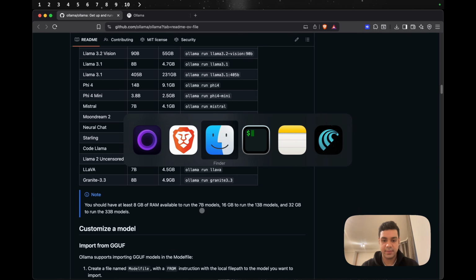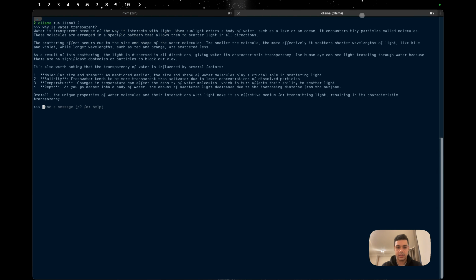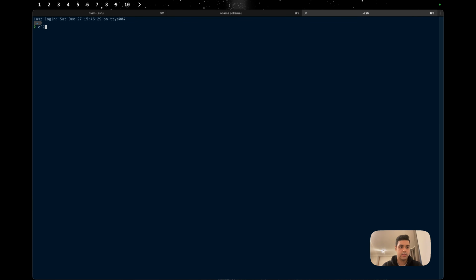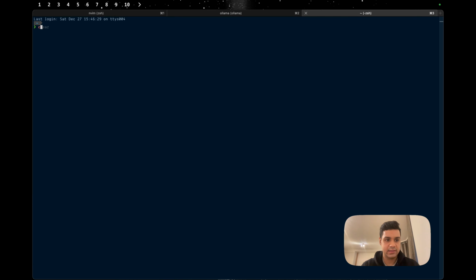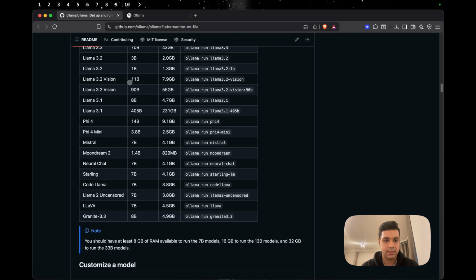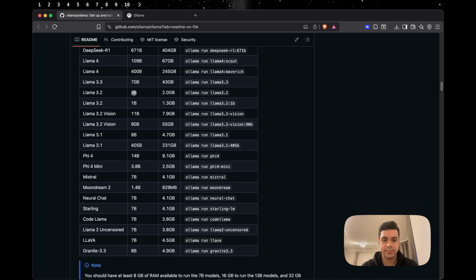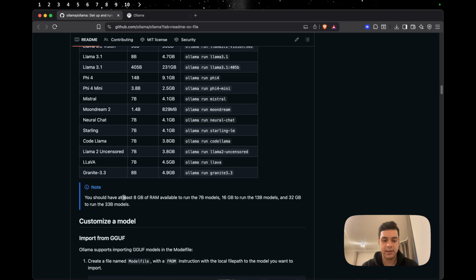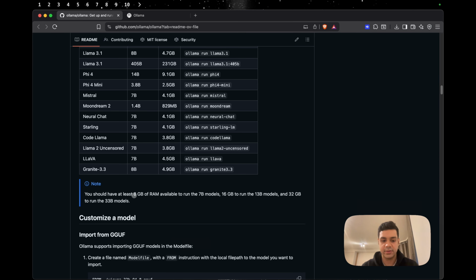So let's check my system requirements. You can just use the command neofetch to see your system requirements. As you can see here, my system contains 16 gigabytes of RAM, and the plan for today is to run Llama 3.2, which is a 3 billion parameter model,